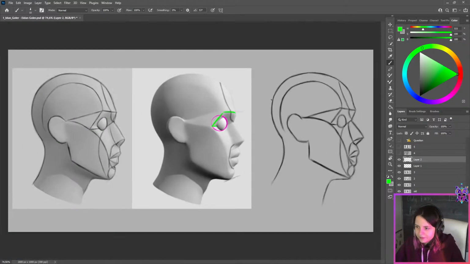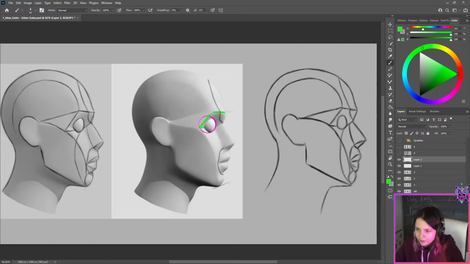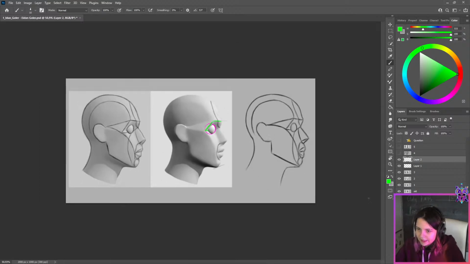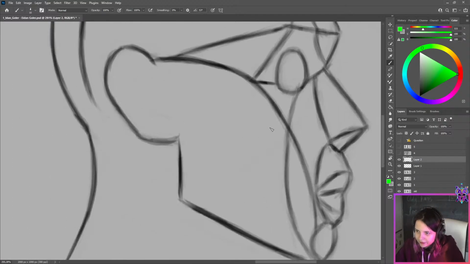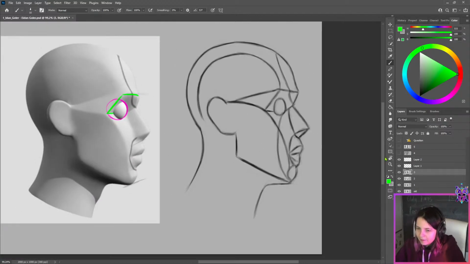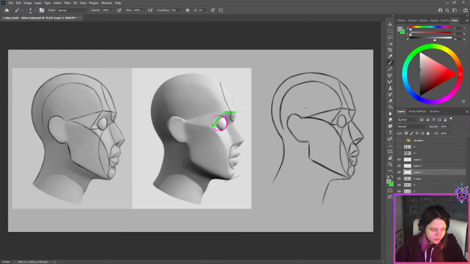Like that. So that's really important. Other than that, I feel like you need to keep going. I don't know what it is about the lines, but if you're struggling with cleaning them up, always remember you can do this. You can literally take an eraser, and just like, I'm using a brush because I'm overpainting, but you would just take an eraser like this big or something, and then you just fade it away,